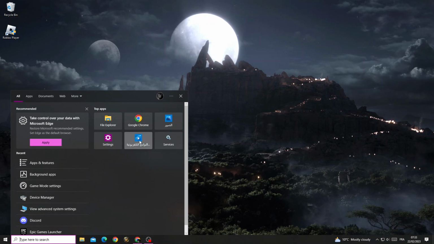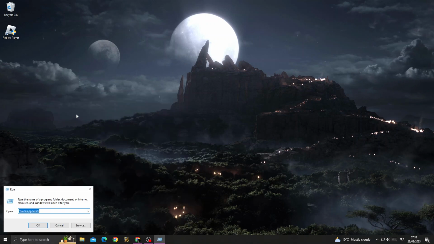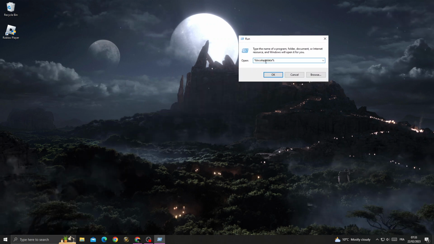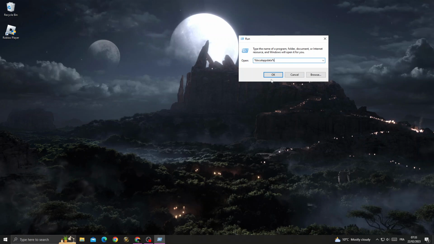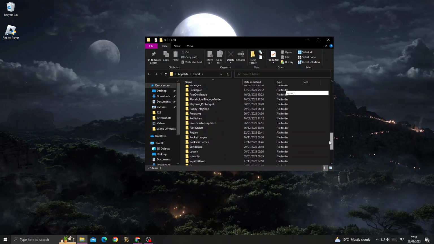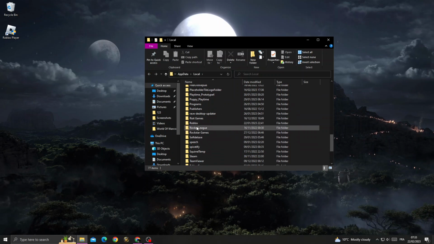First type here Run and click on it. Now go type here %localappdata% and click OK. Scroll down until you find Roblox here, and if you find it, all you need to do now is just